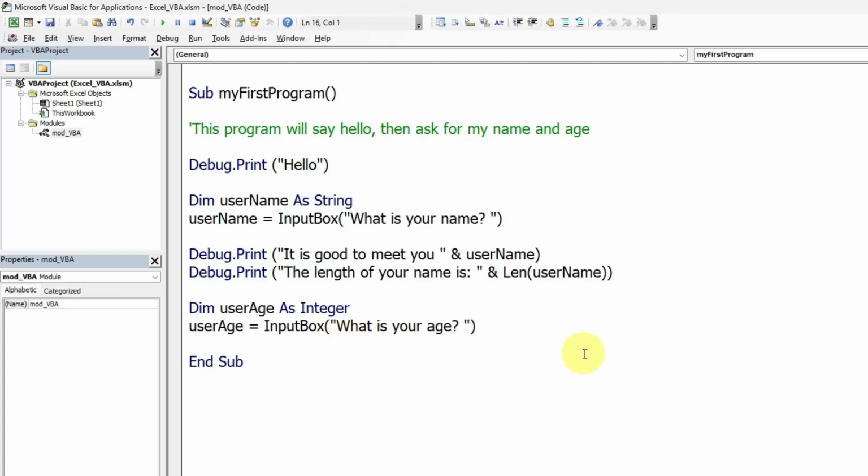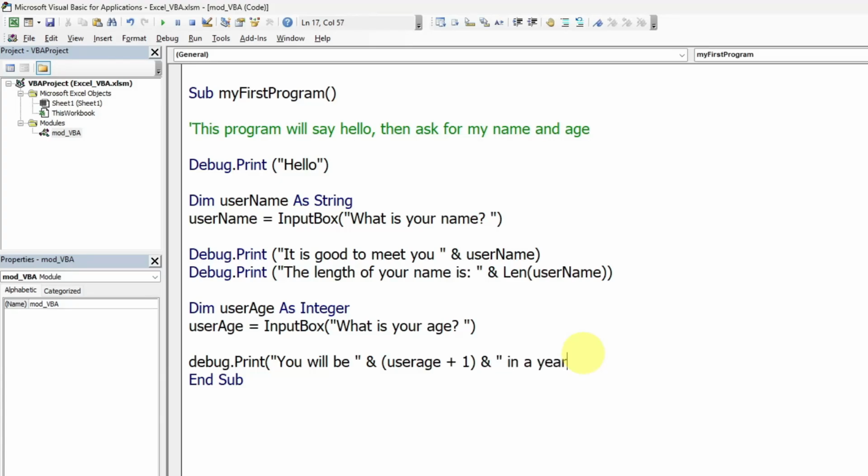And lastly, let's print a value that will tell the user's age in a year. So again, let's use the Debug.Print function. And then let's say you will be, then concatenate it to the expression userAge + 1,